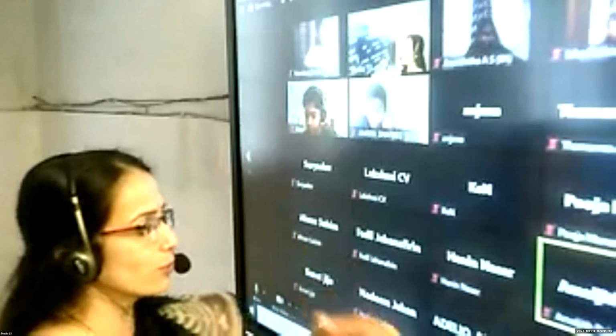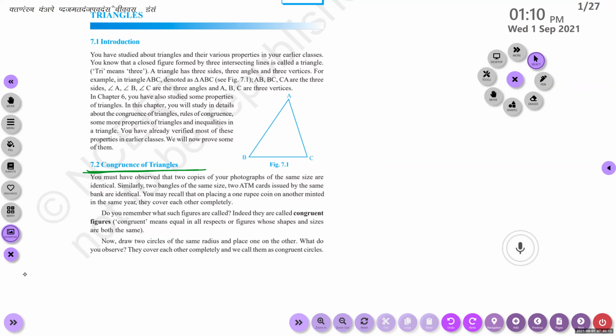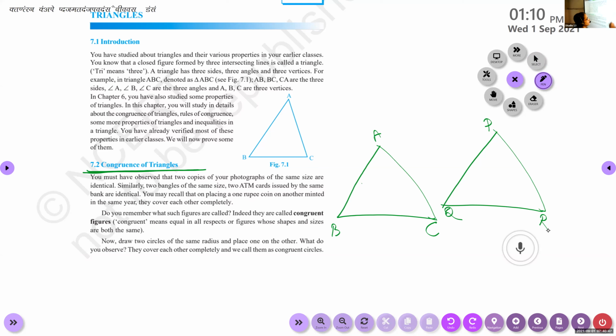Congruence of triangles. Congruence means if two figures are the same, their size, shapes, measurements, everything must be equal. Such figures are called congruent figures. If we draw a triangle, this is triangle ABC, and another triangle PQR. We can say triangle ABC and triangle PQR are congruent if all the corresponding